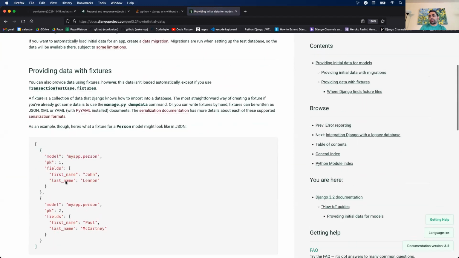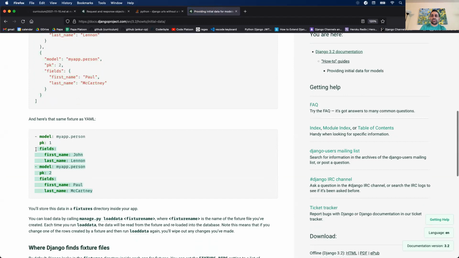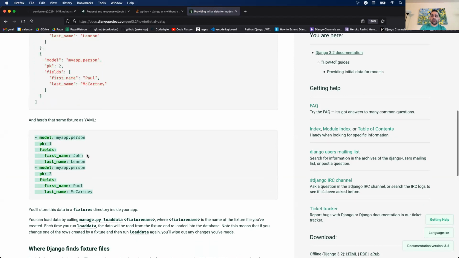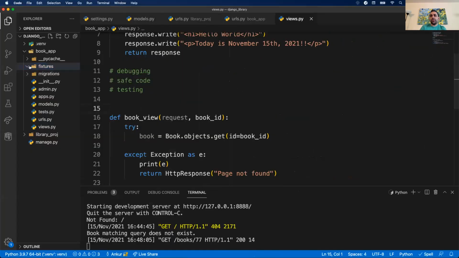All right, so there's two formats that we kind of go with, probably more. There's JSON. So we talked about JSON before. There's also YAML. Again, they're just different data formats or text file formats. I'm going to go with JSON format. So I'm going to copy this. All right, and in my fixtures folder, again, this is in my app folder,